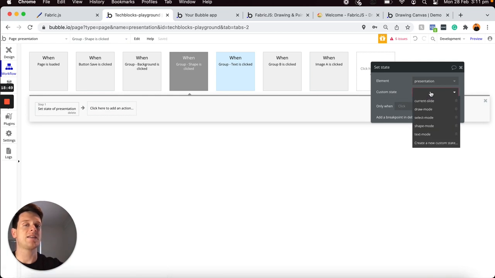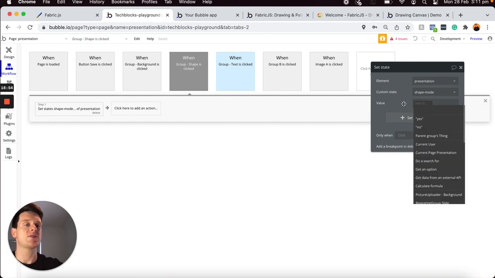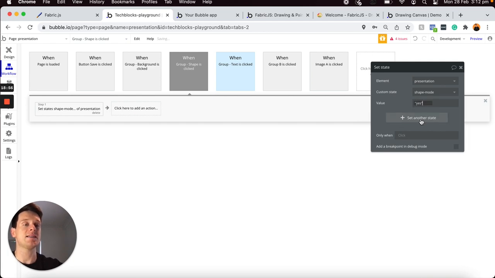And the custom state that I would like to select is going to be our shape mode. I'm going to set the value of this to now be yes. But while I'm here, one thing I would like to point out is that because I am setting the value of our shape mode to be yes, I actually would also like to switch all of the other custom states values to equal no, just to ensure that they aren't turned on or active at any given time while this